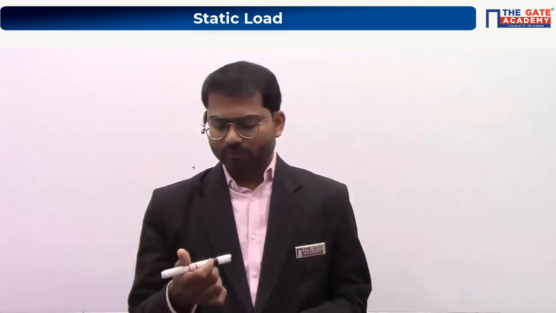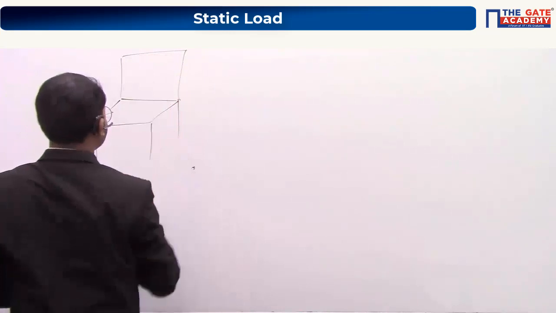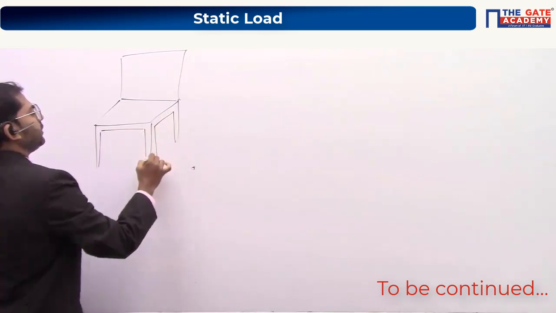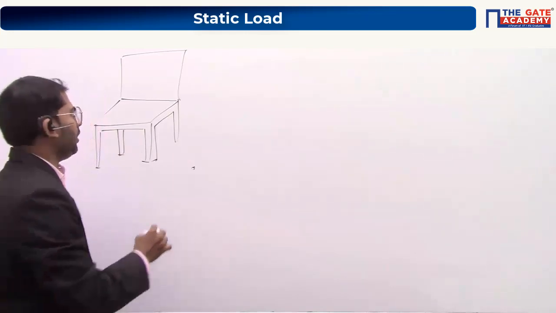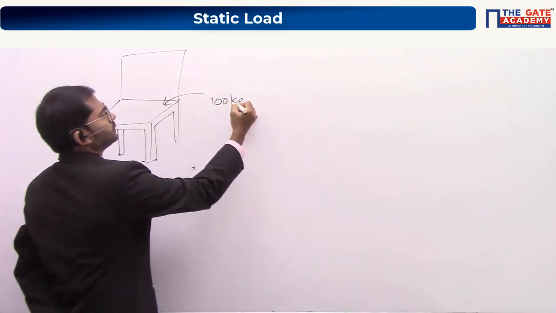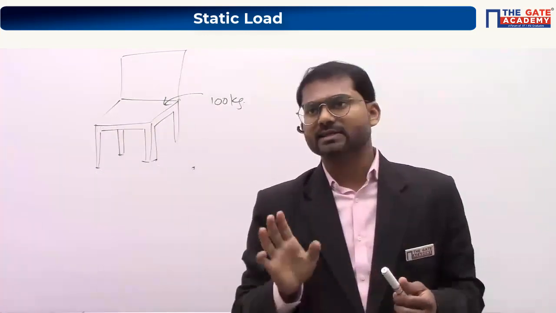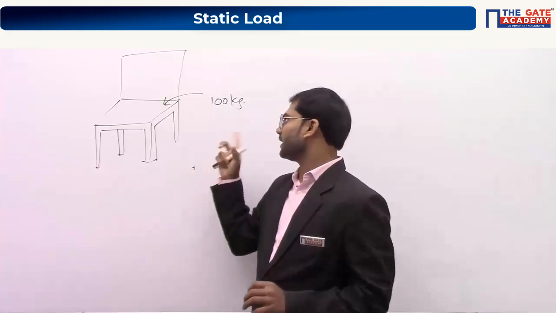So how are we going to use factor of safety in designing of a chair? Listen here. Let's understand how we apply factor of safety in designing a chair. You have designed a chair. It has some dimensions, and it is made up of some materials. You know that if a person of 100 kilo sits on the chair, any of the legs will break or the whole chair will get dismantled. This whole assembly of materials can take a maximum weight of 100 kg.